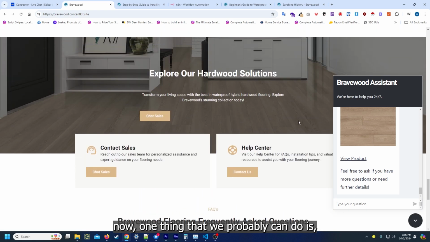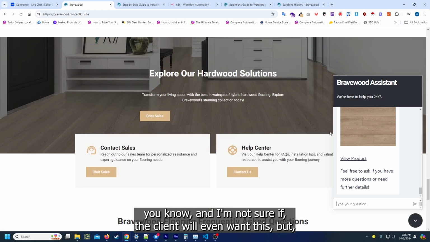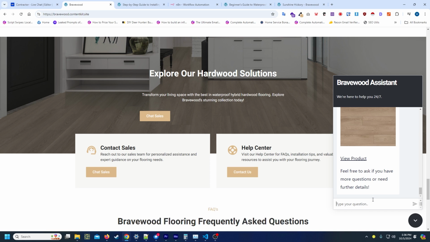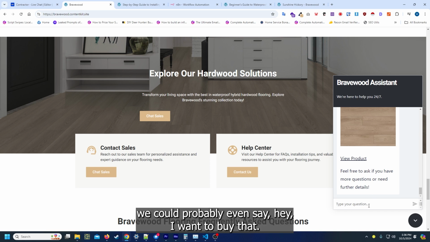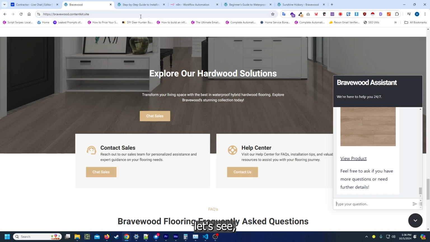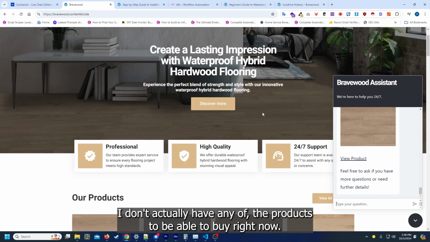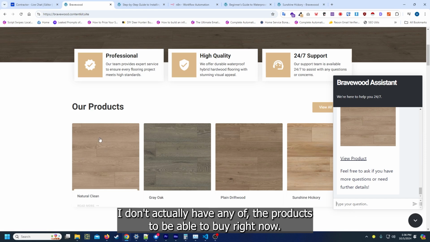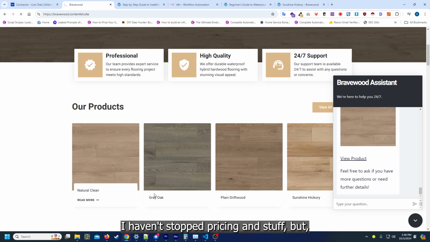Now, one thing that we probably can do, and I'm not sure if the client will even want this, but we could probably even say, hey, I want to buy that. I don't actually have any of the products to be able to buy right now. I haven't set up pricing and stuff, but